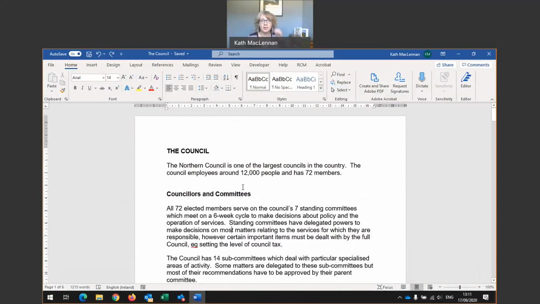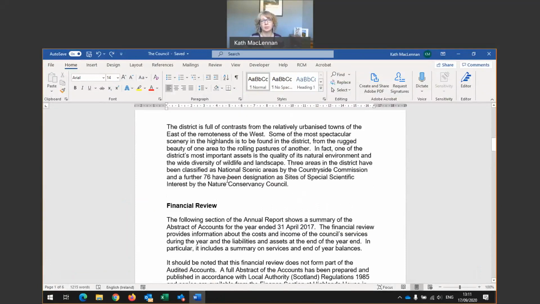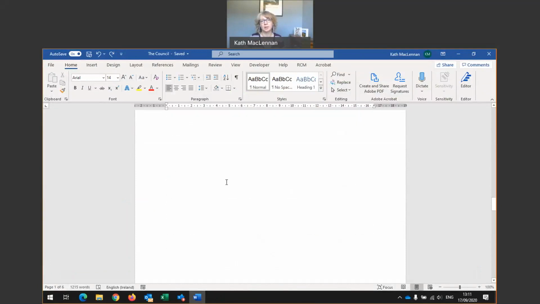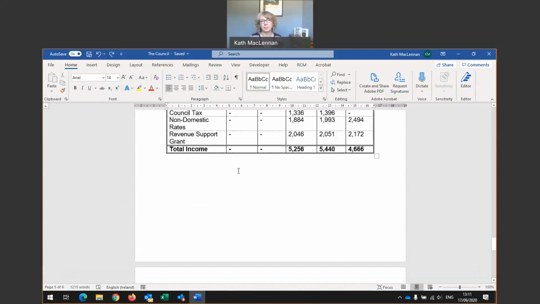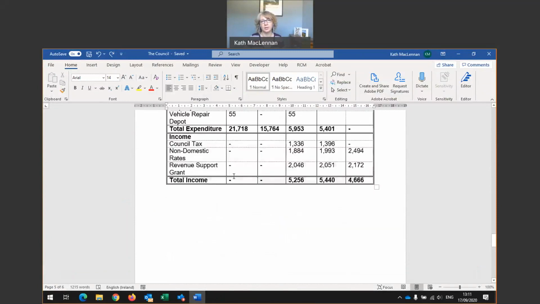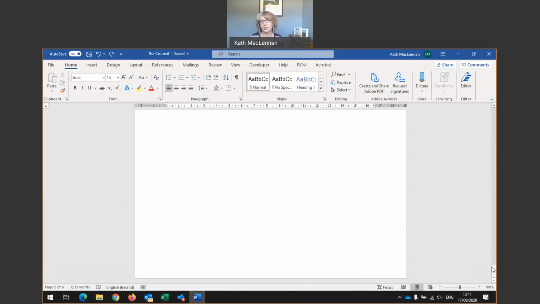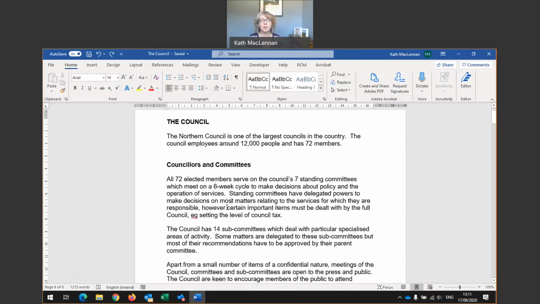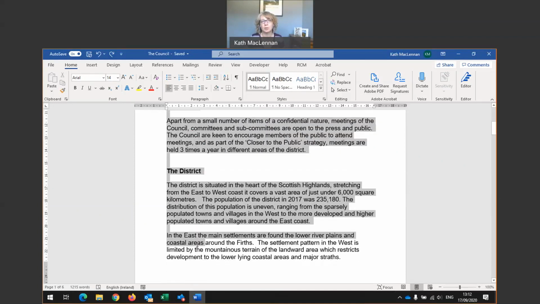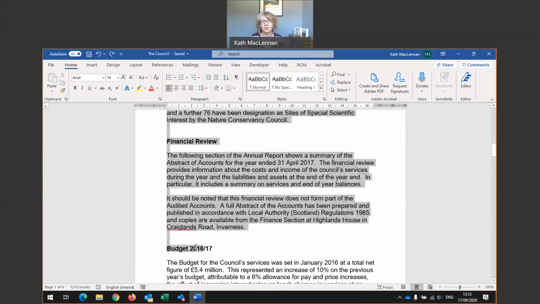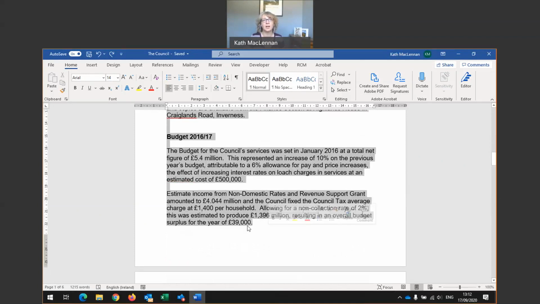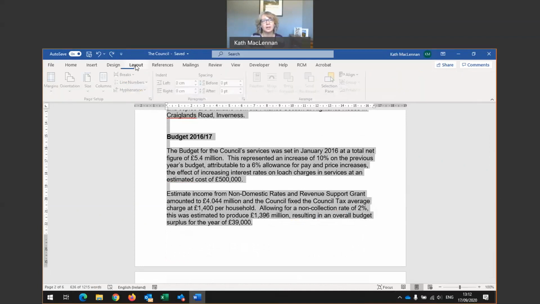Now, the first thing that I would like to do is show you the entire length of the document, so we can see that it's 1, 2, 3, 4 pages and then some financial information and then some more pages. Okay, so if I want to use columns within this document for some reason in order to lay it out correctly, what I could do is either highlight all the text I want to appear in columns, so maybe just the first couple of pages here, I could do that, highlight this text, then I could go to layout,